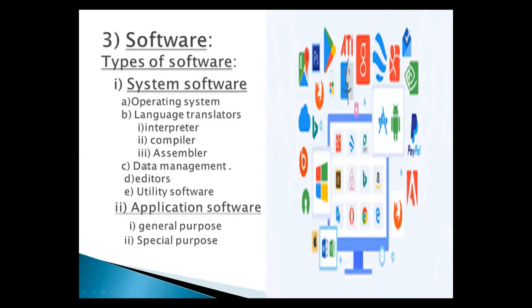Next heading is data management. The data management software includes database and file management programs that manage data for the operating system. They can organize, update, and print data. Next heading is editor. An editor allows the user to type in the program, generate text, and make modifications whenever necessary. A program is first written in an editor and then compiled. It's possible that the compiler of any language has its own editor for writing programs.